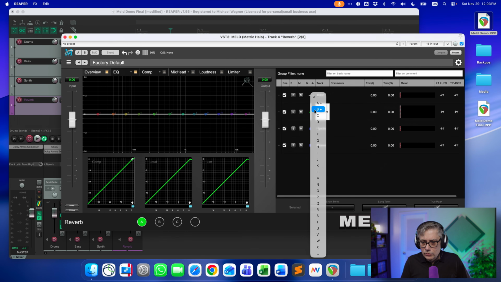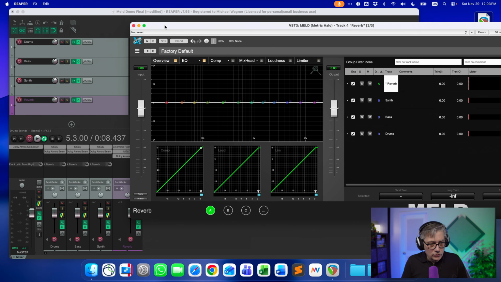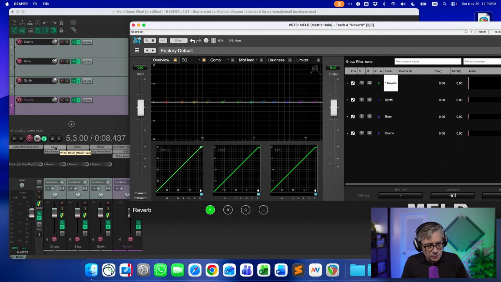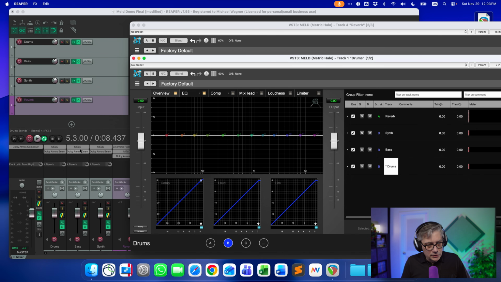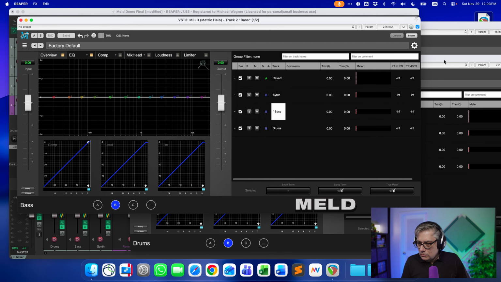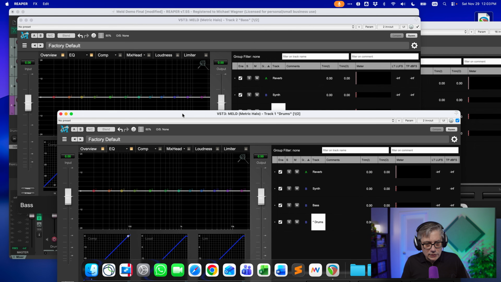And what that will do is it will allow you to make changes to all of those instances simultaneously. So if I'm now opening up one of those instances in group B, so let me just open up the instance here that sits on the drums track, and then maybe also open up the instance here that sits on the bass track. So if I'm now changing something in the drums track, and I just moved it around a little so that you can see what's going on here. If I'm, for example, now changing the parameters of filter number 7, it will actually change on all instances that are belonging to that particular group.